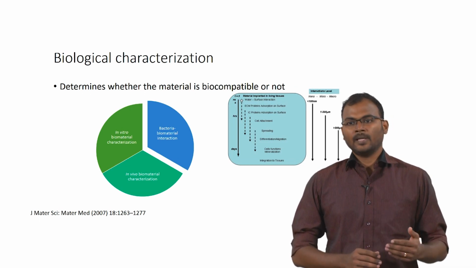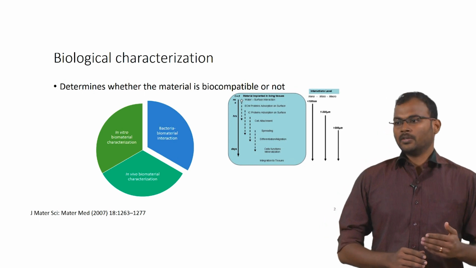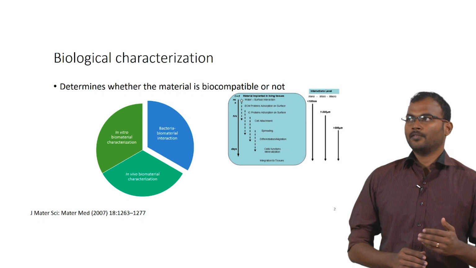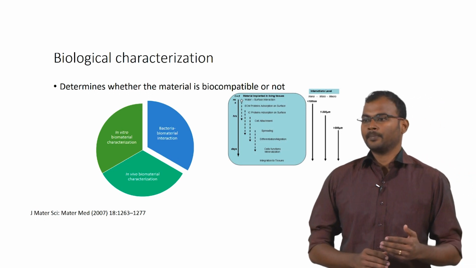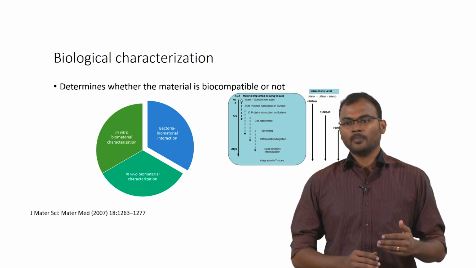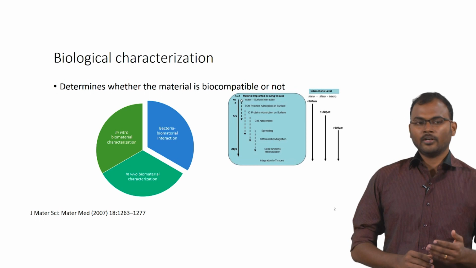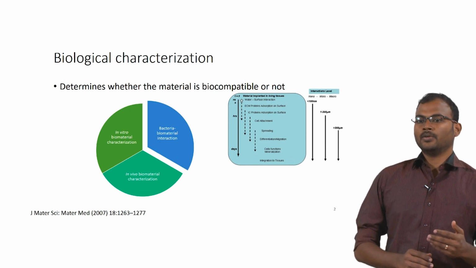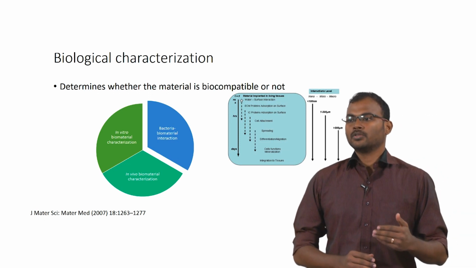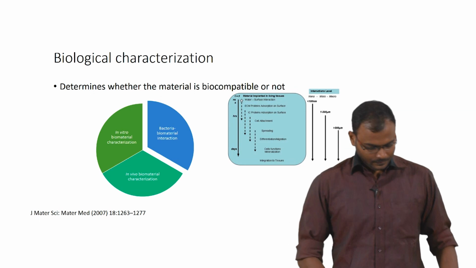Based on the application you have to decide what type of interaction you need. If you need an interaction between the cells and the material, for applications such as orthopedic implants and wound dressing, you need your material to be integrated with the host cells. But if you are looking at cardiovascular devices, where you do not need any cells to be adhered onto the surfaces, you should avoid cell attachment on the material surfaces.